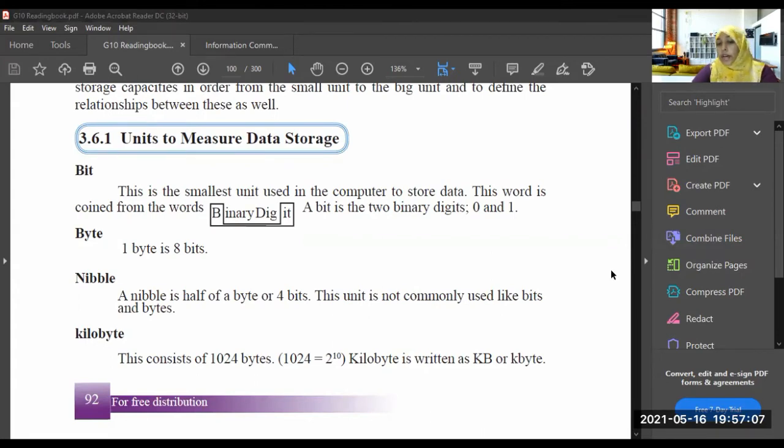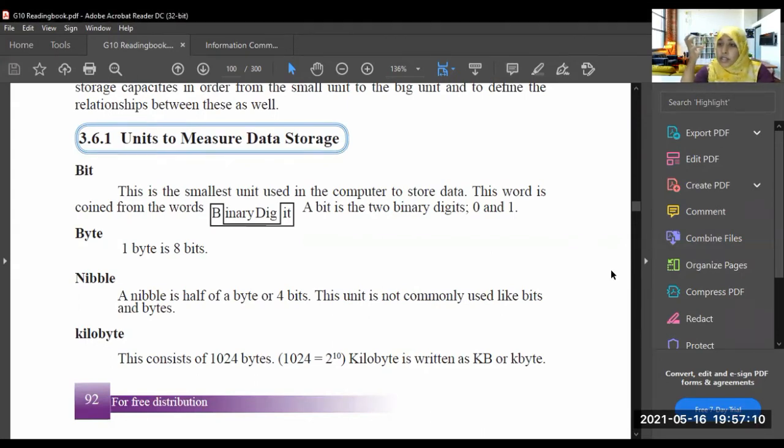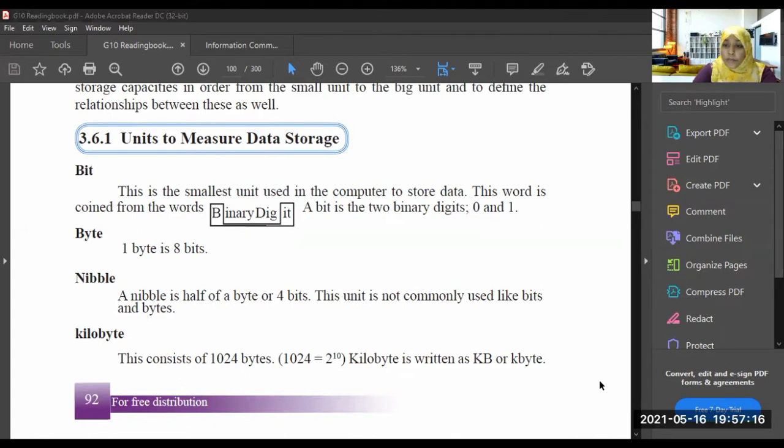So there are units to measure the storage of things, of liquids, and each and everything. Likewise, if you want to measure the storage of data, you know what data is. I'm not going to tell you again. Data, the raw materials, are the data, isn't it? Which doesn't have a unique meaning, which doesn't bear a meaning. It is data. So this data we can measure. There is a measurement for this data. So what are the units we use to measure this data?